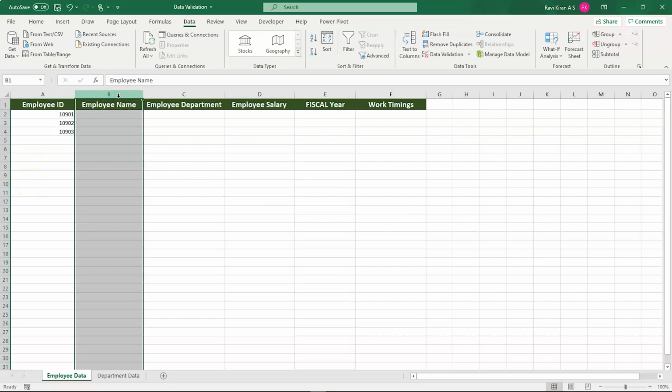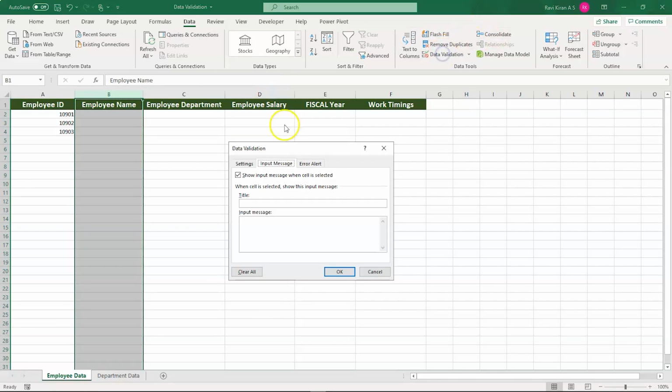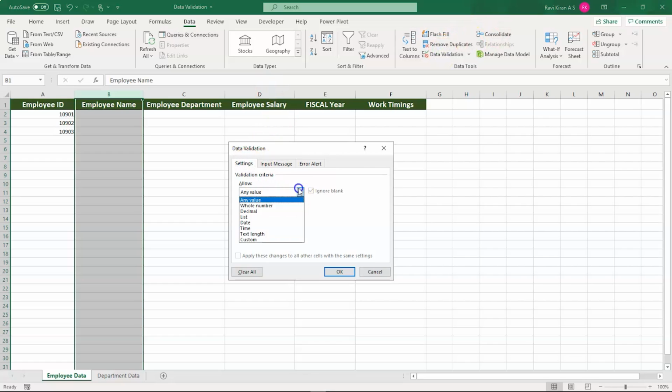Now let's get into the employee name, where we have to provide the second type, that is text length. Now let us imagine that in your company you're trying to provide ID cards to your employees, and you know that the ID card is really small, and inside that ID card you need to include the employee photograph and your company name, employee ID, blood group, phone number, address, everything, and also the name of the employee. So what if there is an employee with a very lengthy name, like 30 characters, 40 characters?